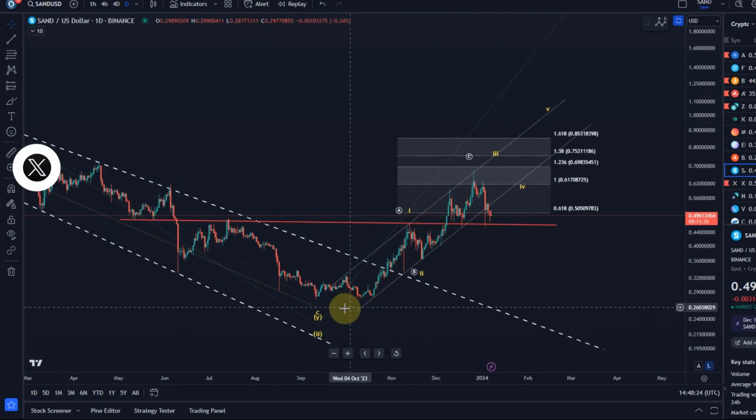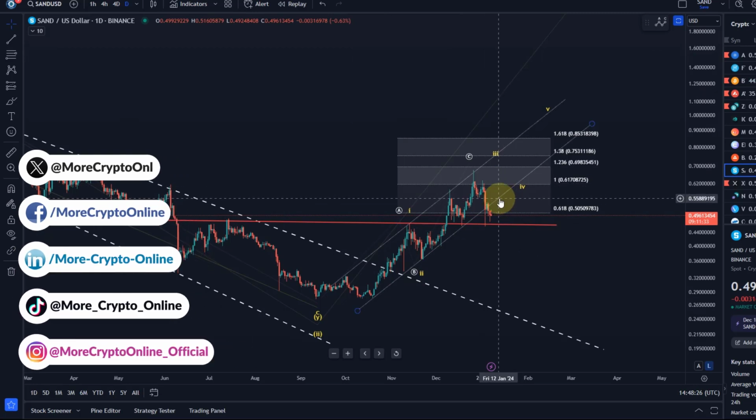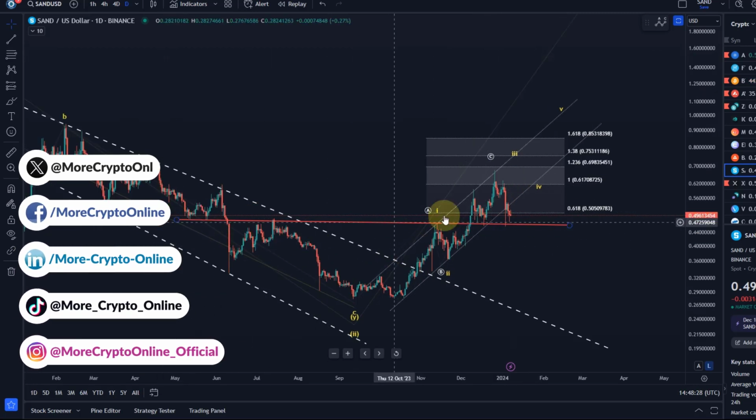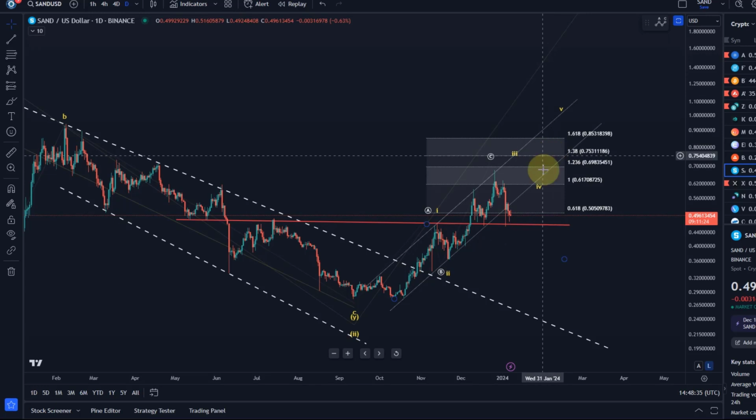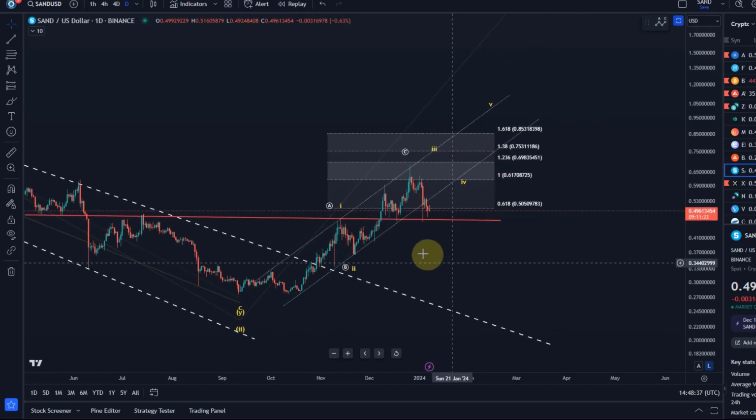Sand broke out of this price channel to the downside. That is a sign of weakness. Sand also is now testing the previous breakout point. Ideally, it's holding this one for a trend continuation higher. But I have to assume at this stage that it formed the top in 3 waves.